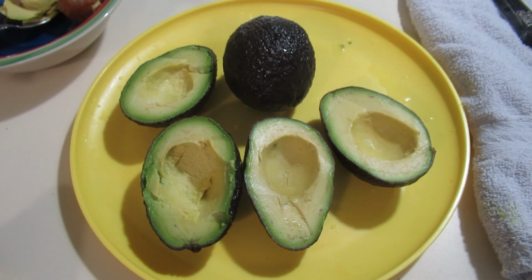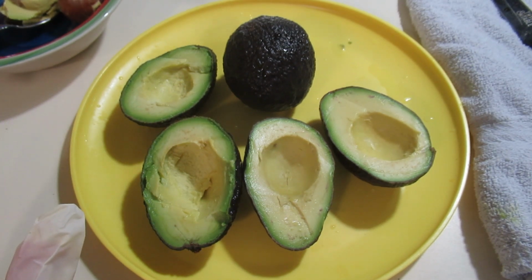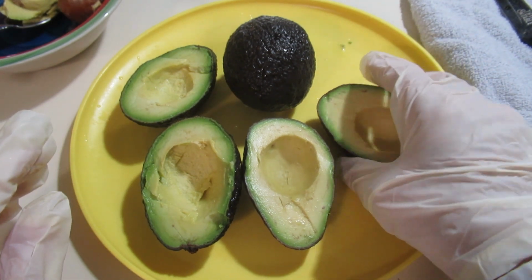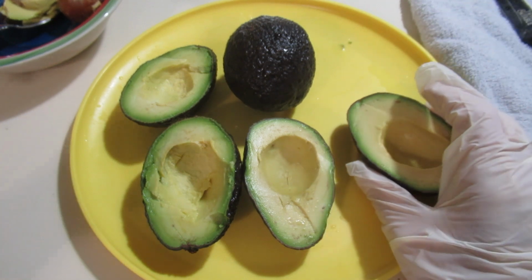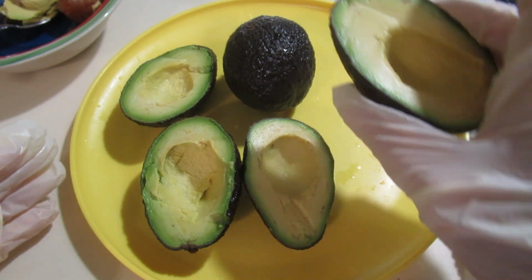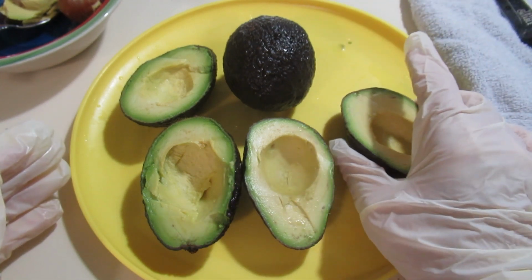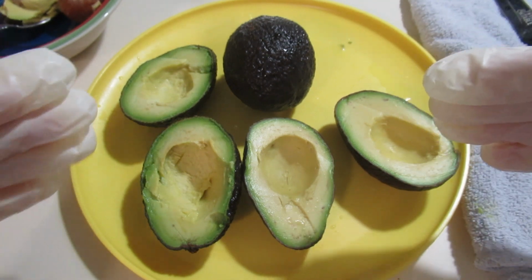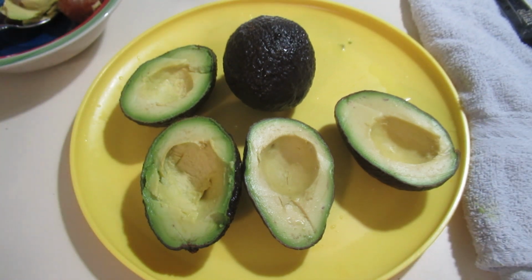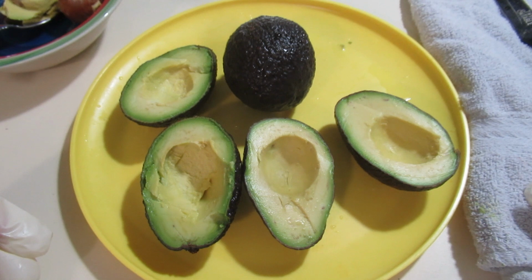Something I think is really interesting. The paleobotanists believe that avocados, like mangoes and some other big fruit, co-evolved with the huge megafauna animals back in the Pleistocene era. And they would have been a lot bigger back then. The idea was these huge animals would come up, swallow down the avocados, it would go through their digestive system, and then the animal would excrete the seed with its dung, and plop, here you have a seed in its own little fresh